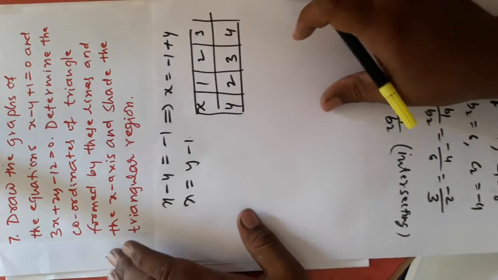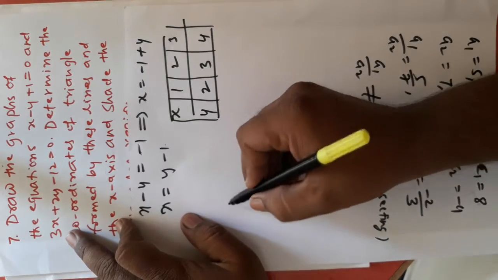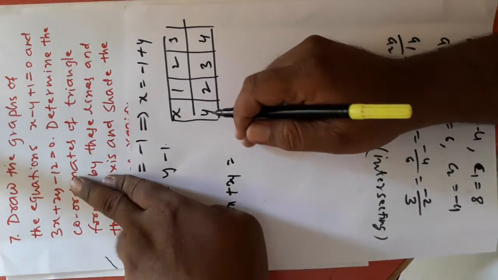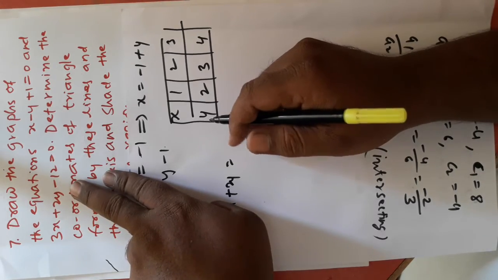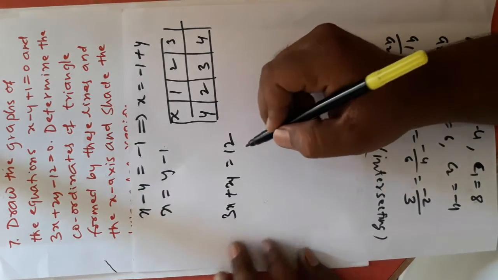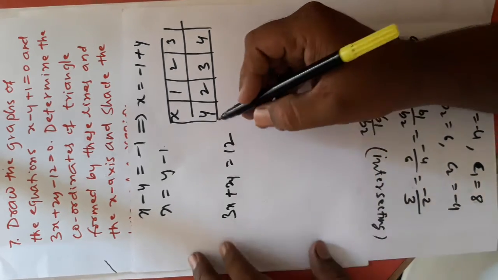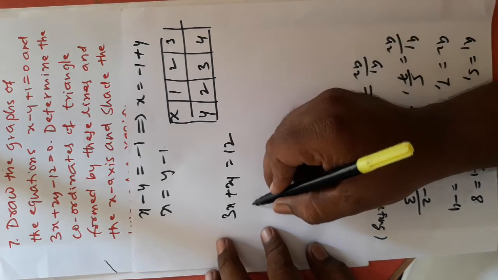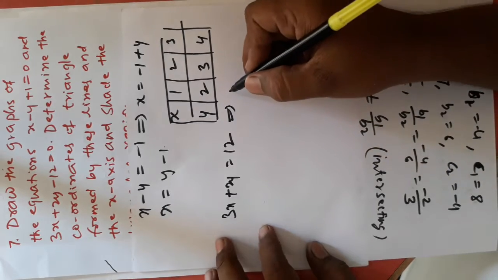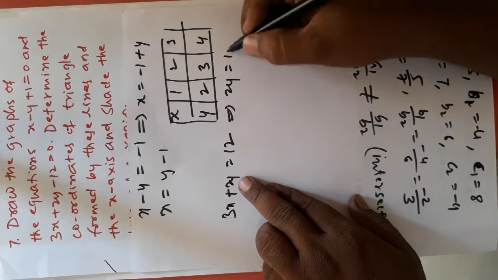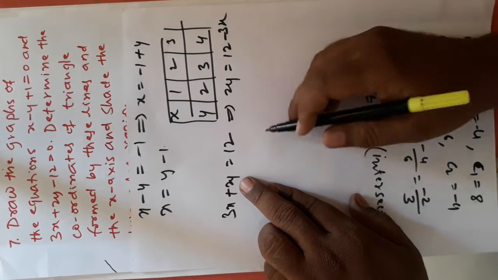Okay, first line. What is my next line? 3x plus 2y is equal to, instead of writing this as minus 12, I will take it to the right side, so that it will be 3x plus 2y is equal to 12. Then can you tell me from this equation what is either x or y you can take? 2y is equal to what? 2y is equal to 12 minus 3x.